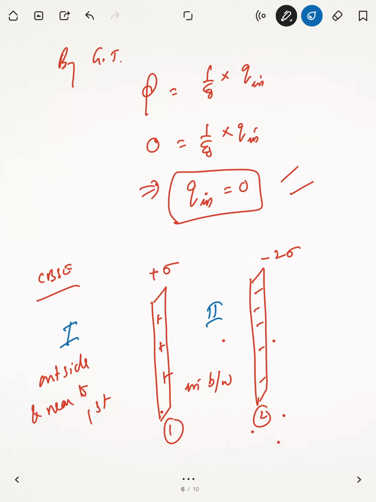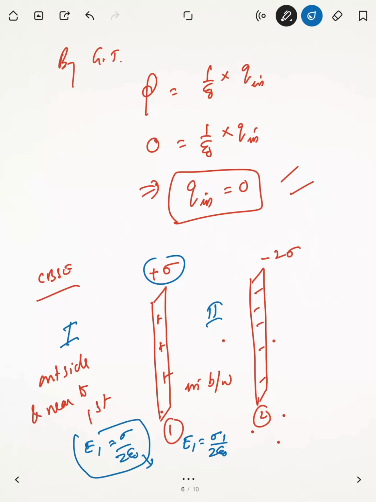One is plus sigma and another is minus 2 sigma. For plus, the electric field direction is perpendicular, directed away. If it is negative, it is perpendicular, directed into it. So this is the way to calculate. We should write the magnitude first. The first sheet produces magnitude E1 equal to sigma 1 by 2 epsilon 0. Sigma 1 value is plus sigma. Only the magnitude we write. So E1 is equal to sigma by 2 epsilon 0. This is equation number 1.